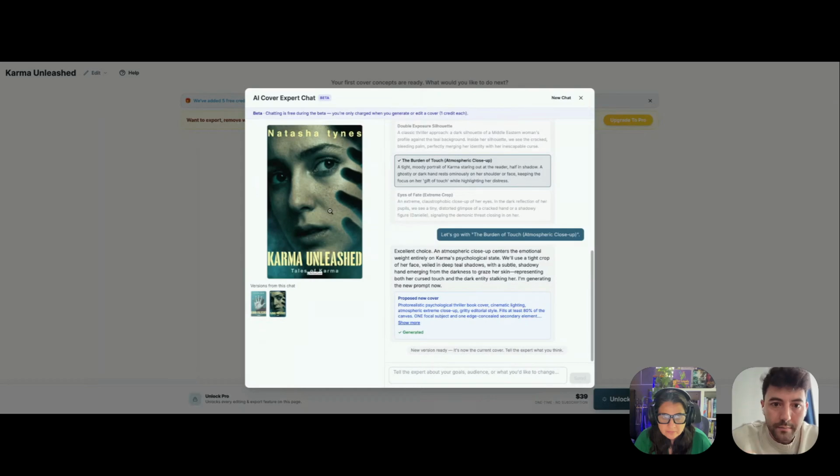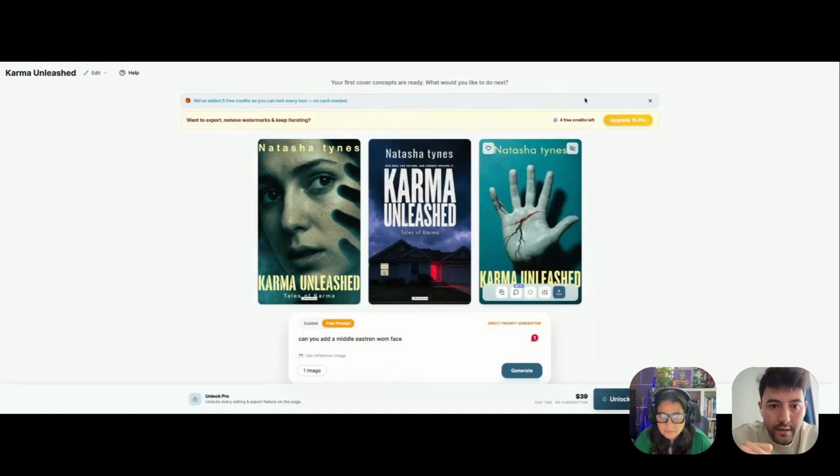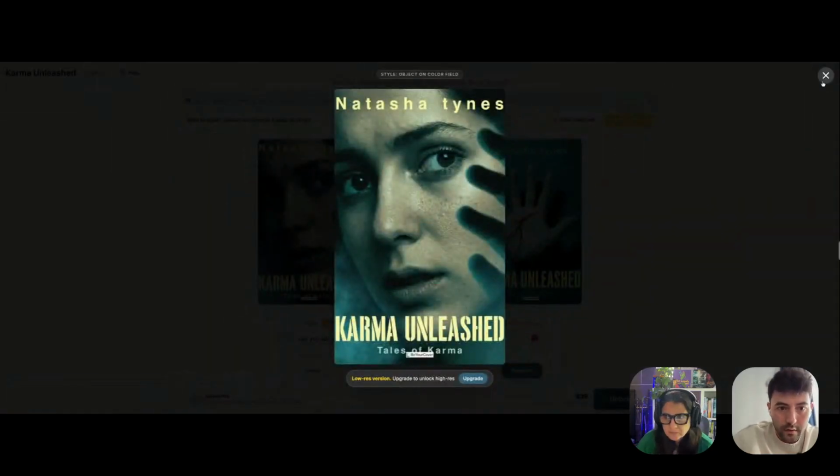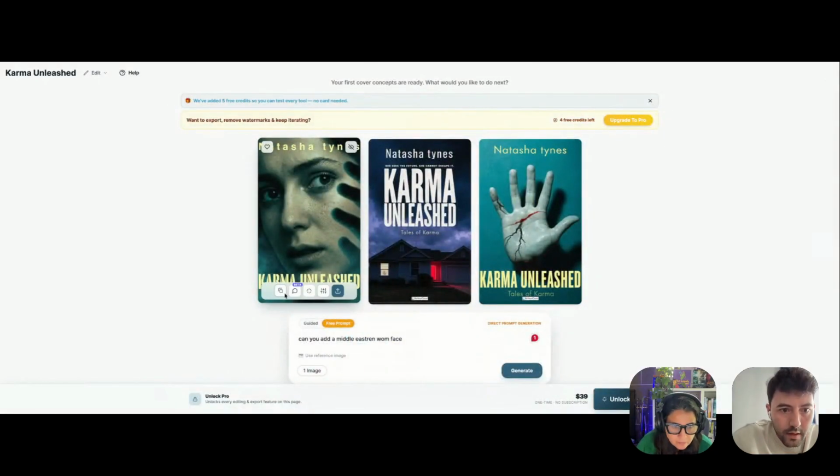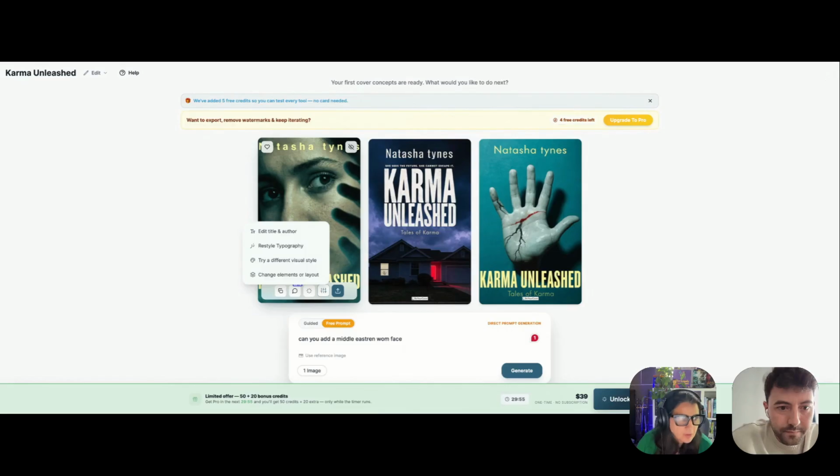You can close this chat, and the fourth button, the fourth icon on the book cover. Yes, you see, there are four tools. The first one is the edit title and author.